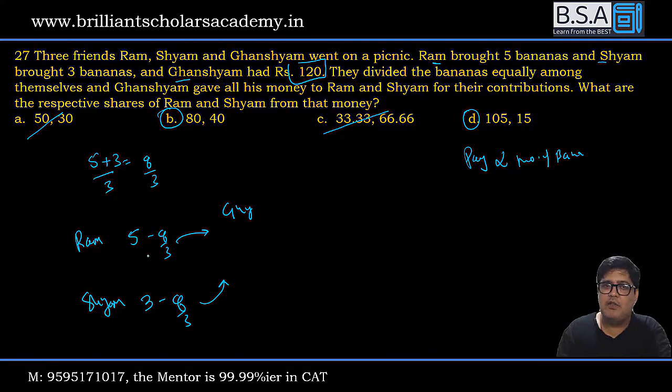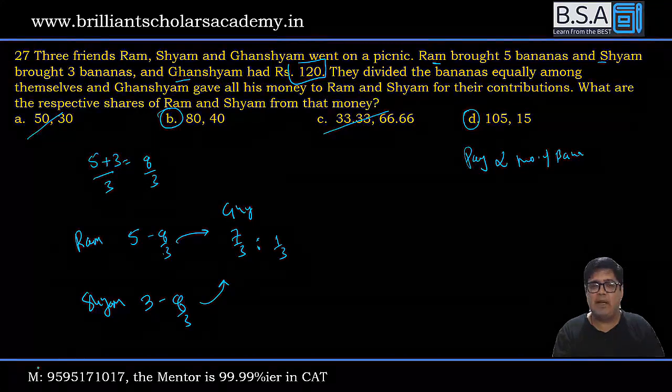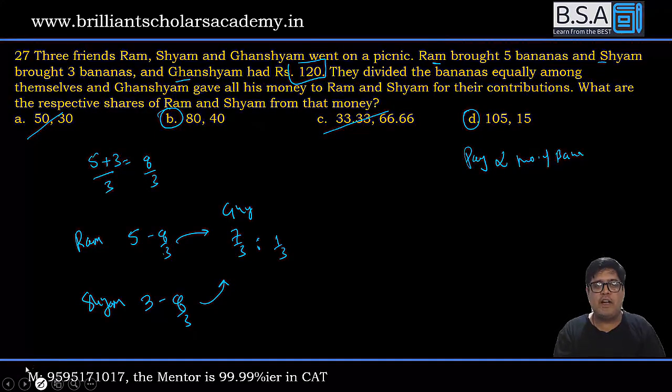paid part. So if I cross multiply, this is 15 minus this, 7 by 3 parts are given by Ram, and when I cross multiply this 3, 9 minus 8, 1 by 3. So 1 by 3 parts are provided by Shyam. So whatever they provide, they will get the payment in the same ratio. So here the ratio looks like